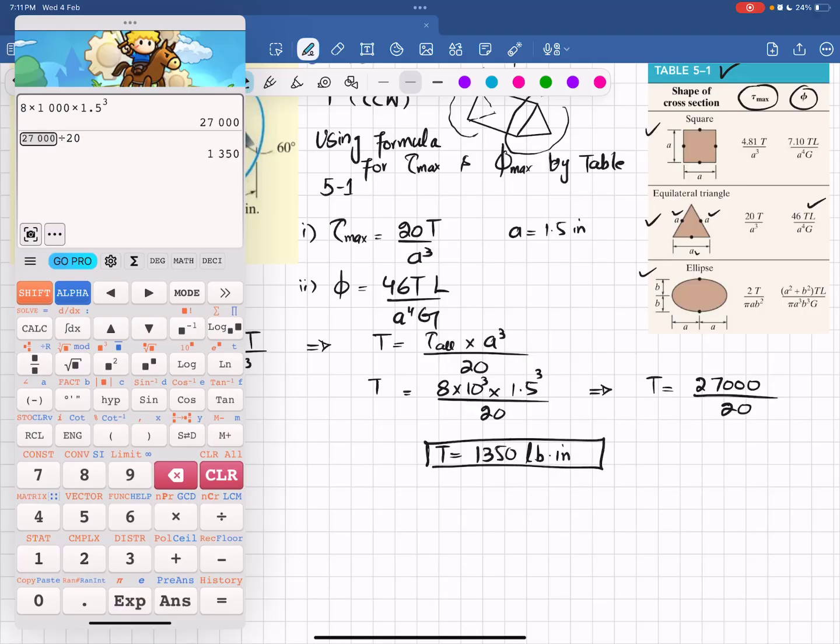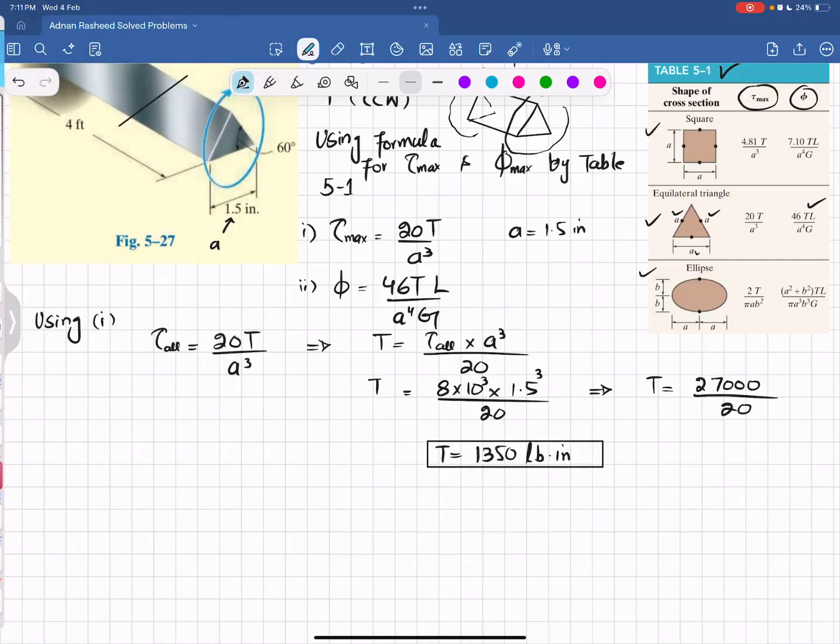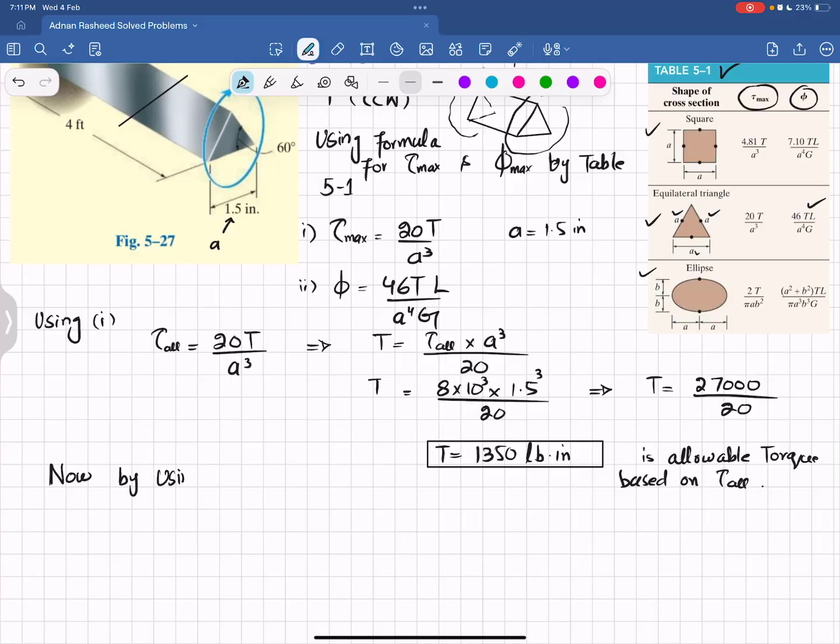Now this is the allowable torque based on allowable shearing stress. Clear? Now what we will do is find this torque T by using the maximum or allowable angle of twist. Okay, so we have